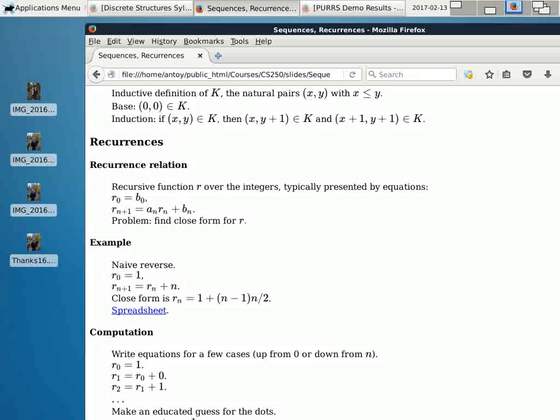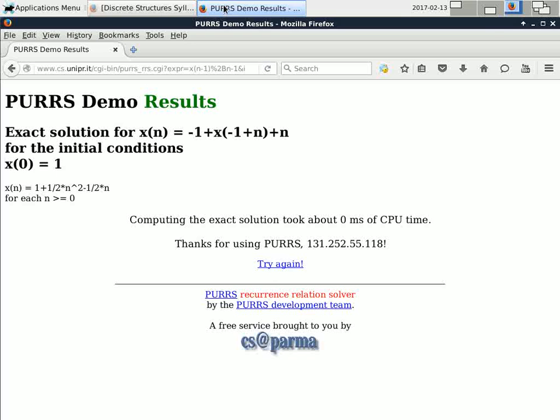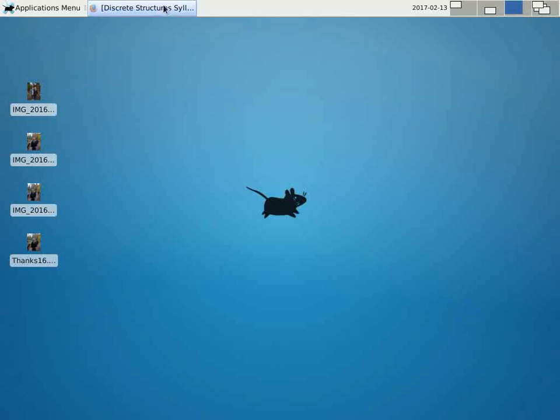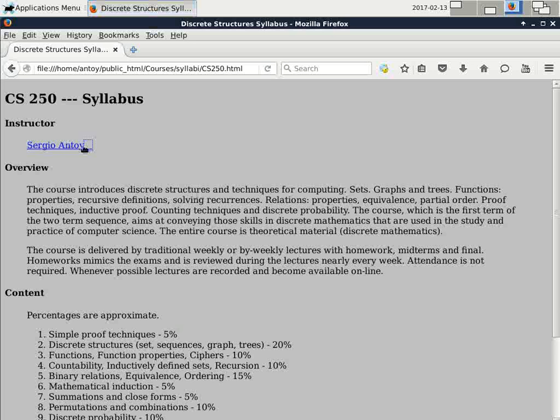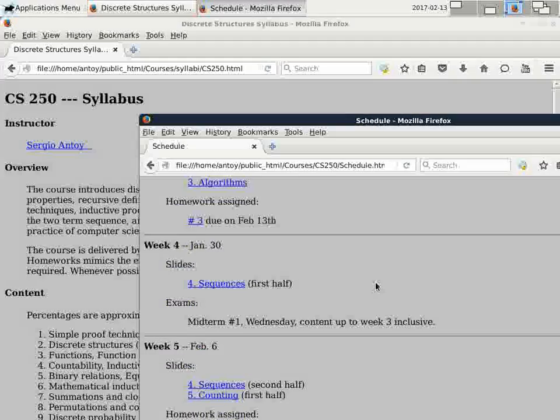I close this one. I close the solver. Let's go back to the schedule. So we are done with sequences, and so I assign